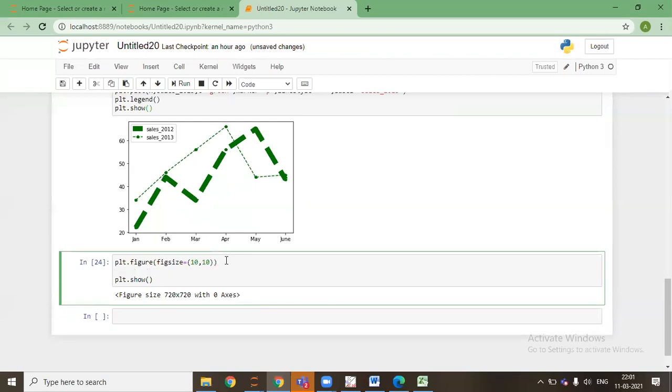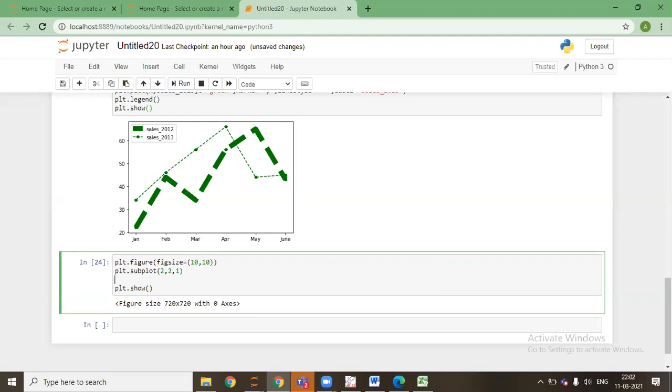I'll show you why it is required. I'll say plt dot subplot 2 comma 2 comma 1. So it is dividing this 10 by 10 area into four portions. The first portion being, let's say if I say 2, 2 and 1, I'll tell you the meaning of 1.